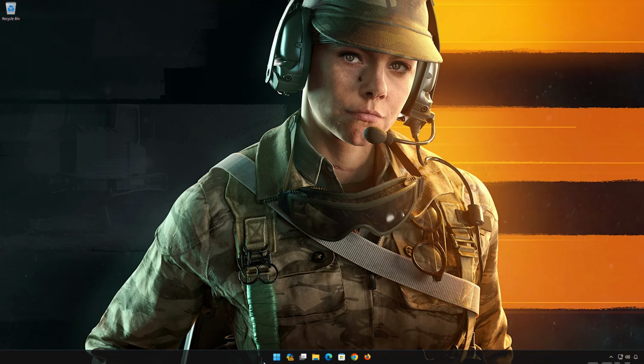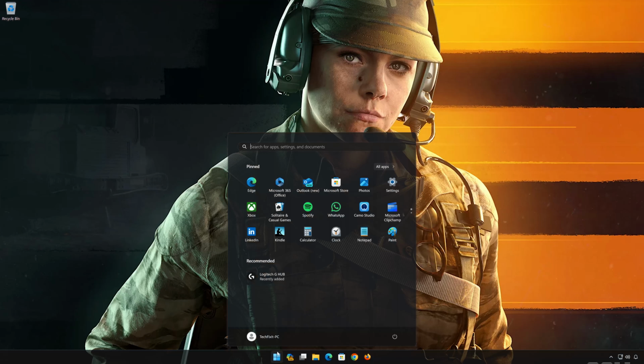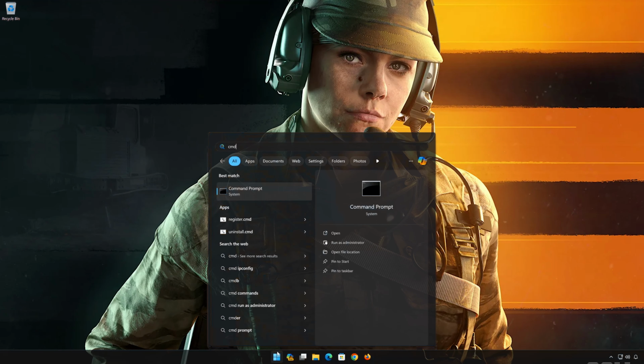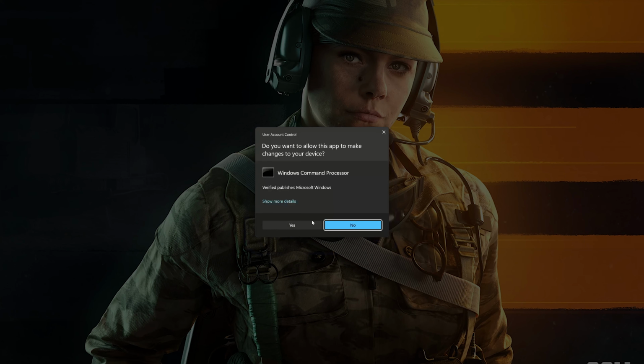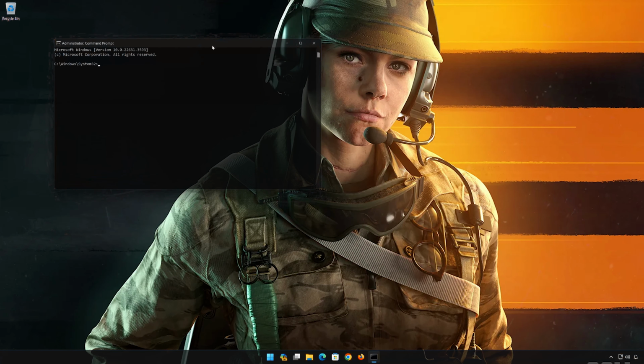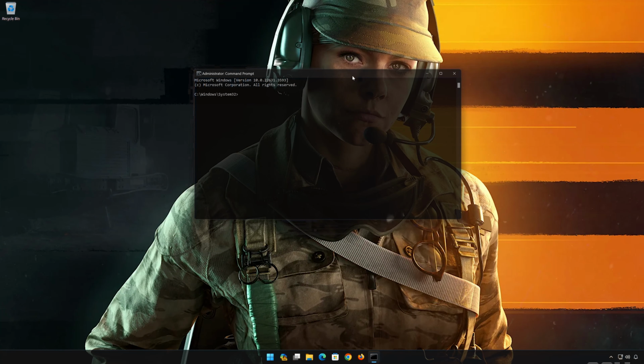First, open the Start menu. Type CMD. Click on Run as Administrator. Press Yes. Now type the following commands: